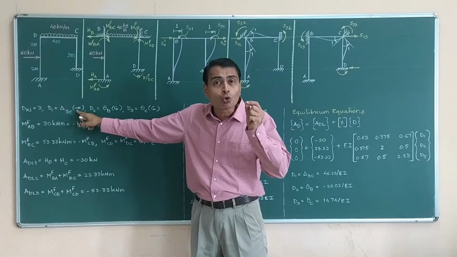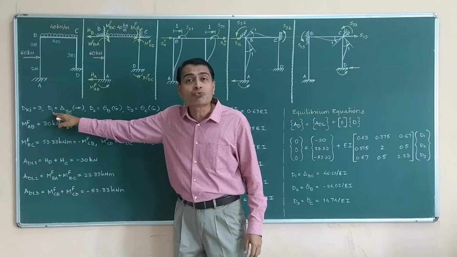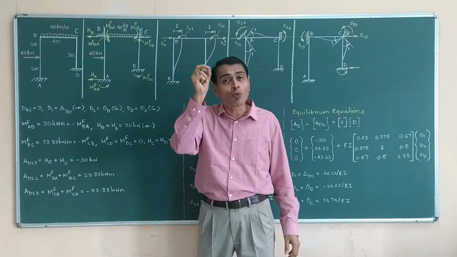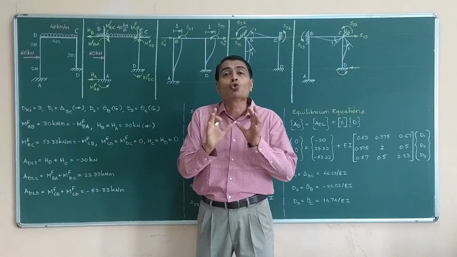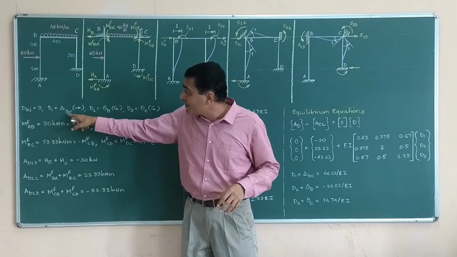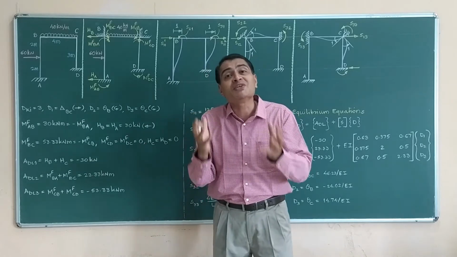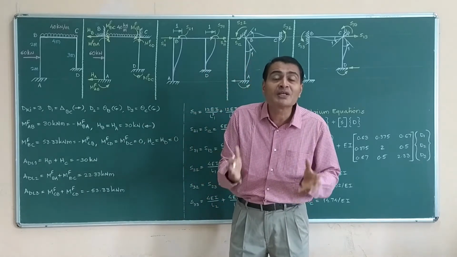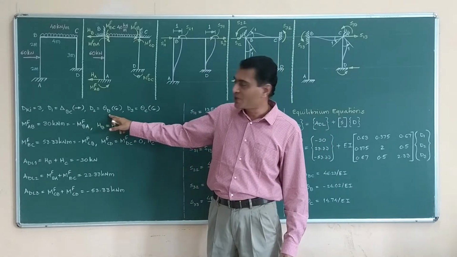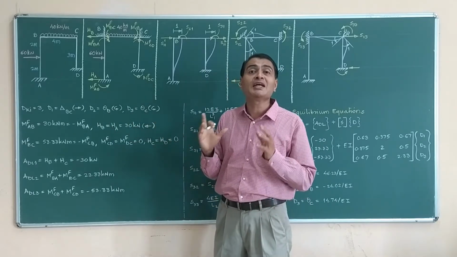So here you have to notice one thing and keep it in your mind that node 1 is not corresponding to point A or point B or point C or point D, or D1 is not corresponding to a particular point, but it is corresponding to the entire sway. It is applicable to the total BC beam of our frame. Please remember this. Then D2 is theta B, presumably anti-clockwise. D3 is theta C, again presumably anti-clockwise.